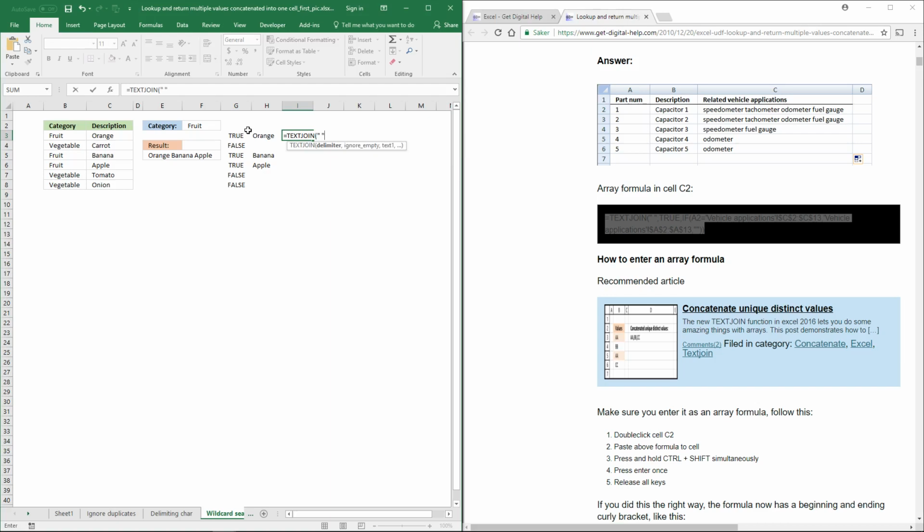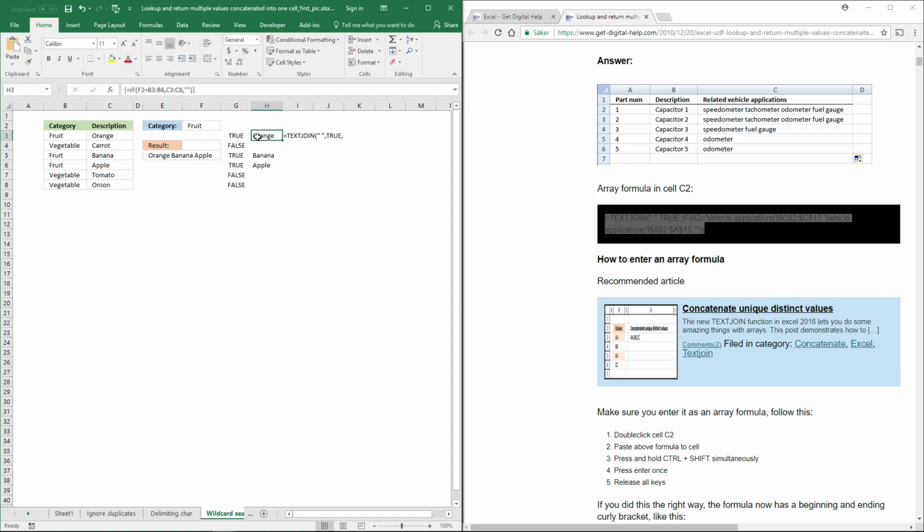So use double quote, a comma, a space and then a double quote, and this is the second argument, and here you can specify if you want it to ignore empty cells or include empty cells, and I don't want to include empty cells, so use TRUE here, a comma, and then the array,